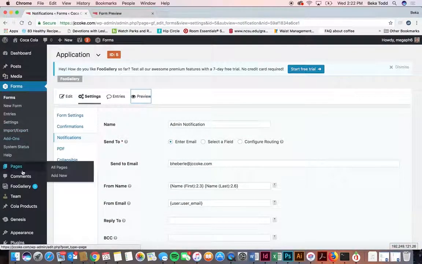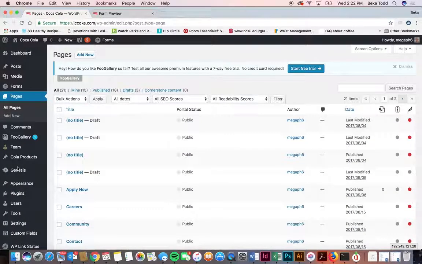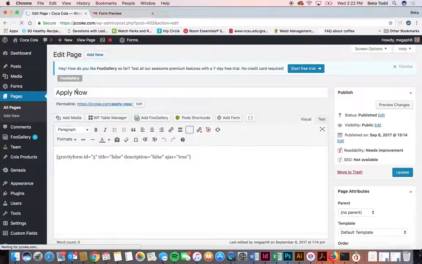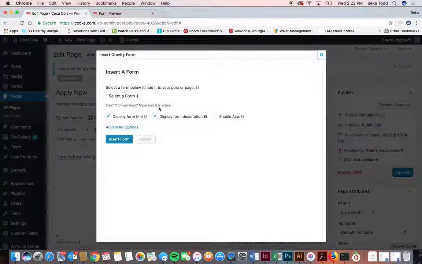And that's most of the items there. Under pages, you'll see different internal pages. And if you click on one, we can look at it. This is the title of your page. This one looks like it just has the apply now form, and that's added by clicking add form, and then